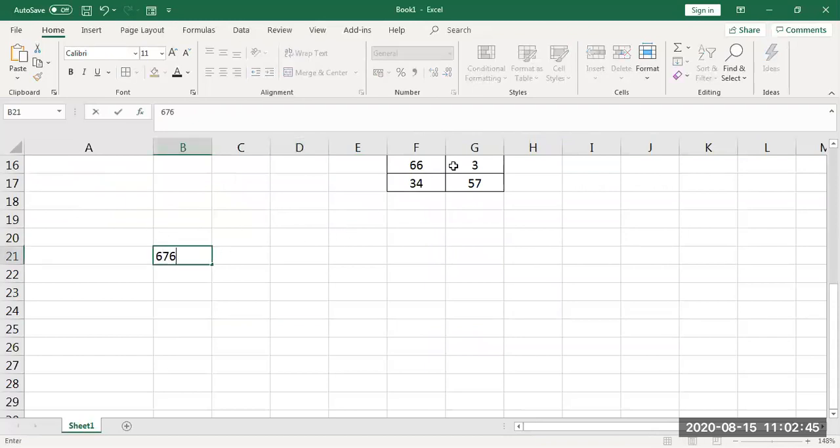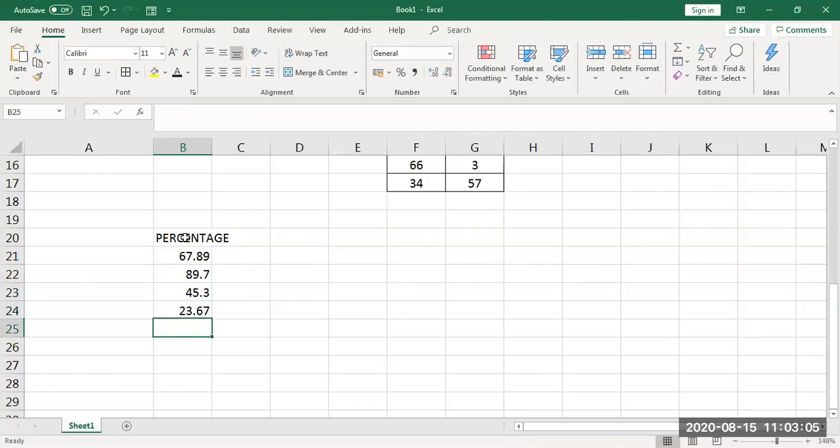For example, I have some decimal numbers. Consider I have entered the percentage of marks obtained by students. I want to round off the numbers: 65.9, 89.6, 45.3, 23.45, 89.62, like this a set of numbers is there. Okay, I have written the numbers in decimals. I want them to be whole numbers.